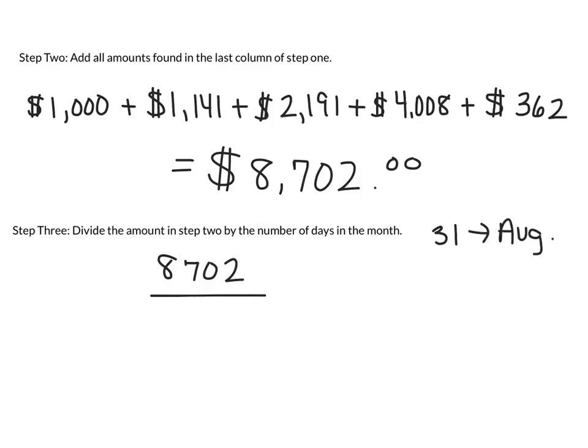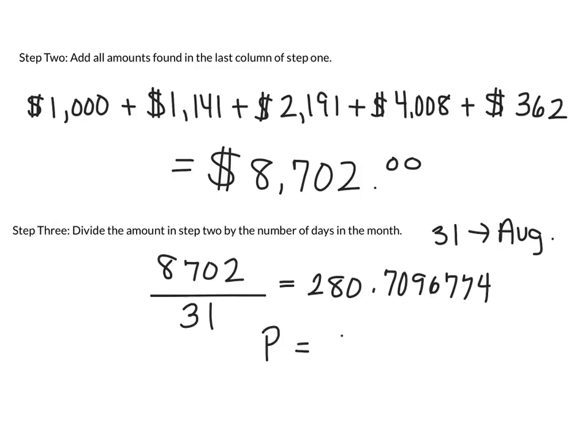So I'll divide that value by 31. This will give me a number of 280.7096774. And I'm going to round to 2 decimal places because this number represents my principal, P. So P equals